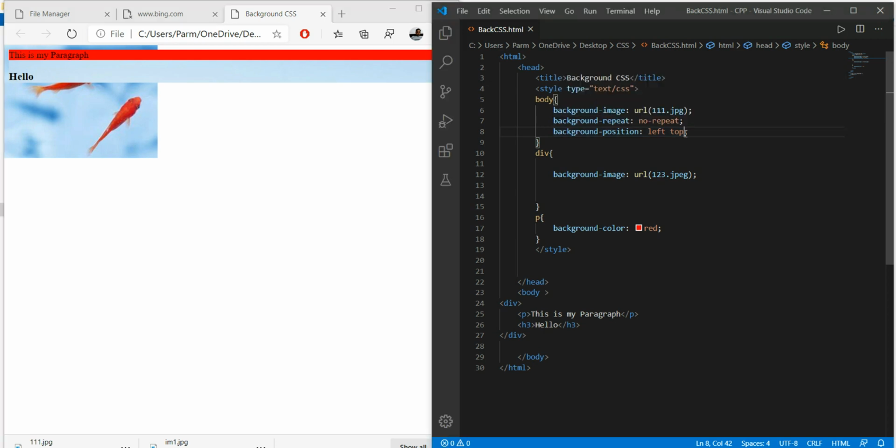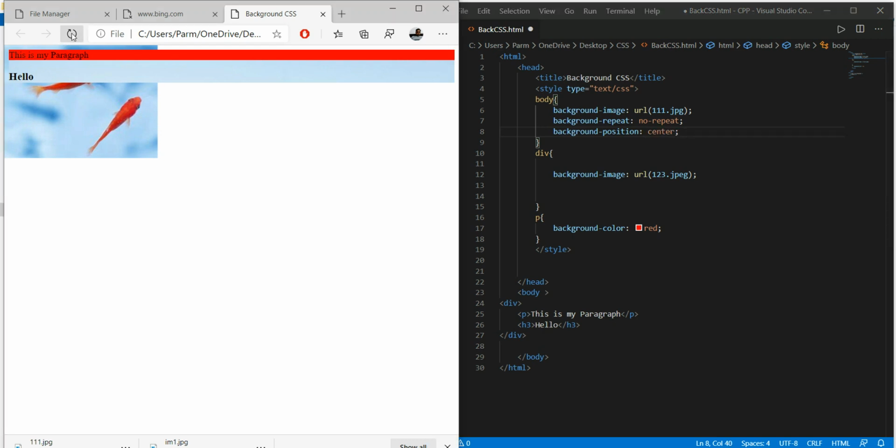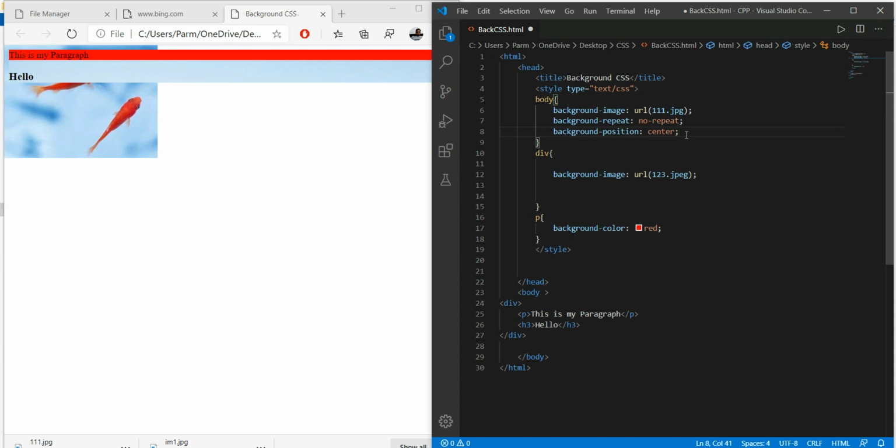If I again repeat this and position it center, where will it go? Okay, so this way no effect is going to be here.